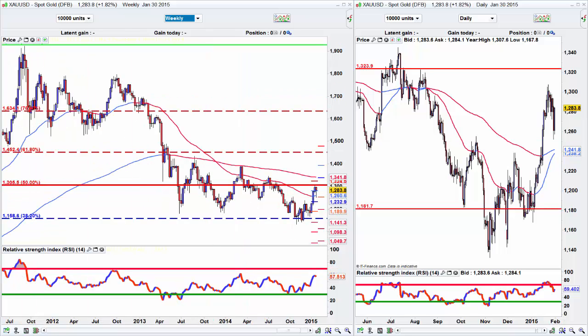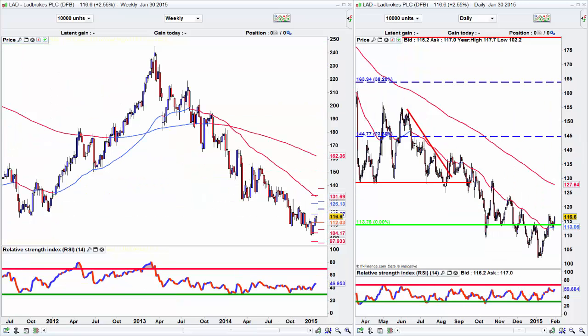Okay, but anyway, I am looking hard at the pound pairs and trading that. Alright, let's just look at a couple of stocks as well. I like this one. This is Labrooks. If you look at them, I've got a hammer on the monthly chart, a little bit of a spinning top on the weekly. So if you're patient,